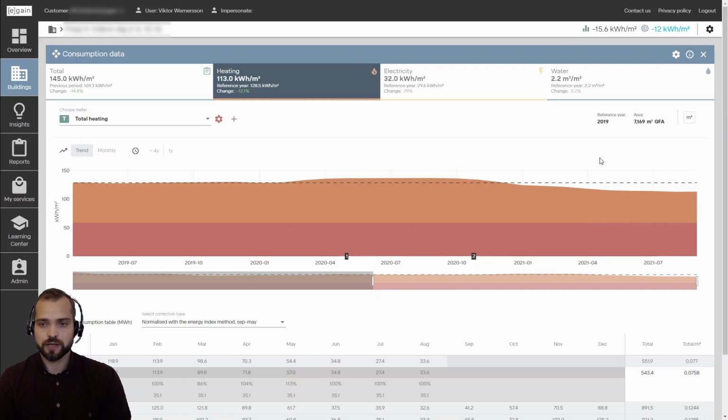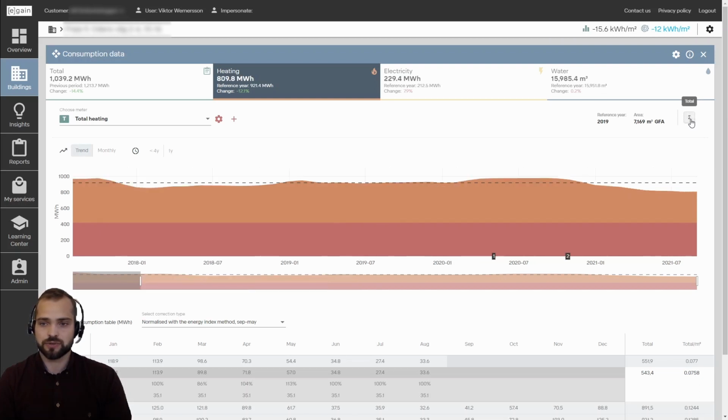And in the top right corner, you will see the chosen reference year. It's usually the year before we install eGain and start controlling the building, but also the building area used to spread the energy or consumption data over. If you do not want to look at KPIs up here, you can, way here to the right, choose to look at it as totals instead, or switch back to KPIs.